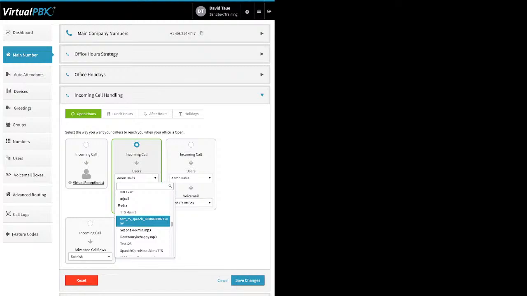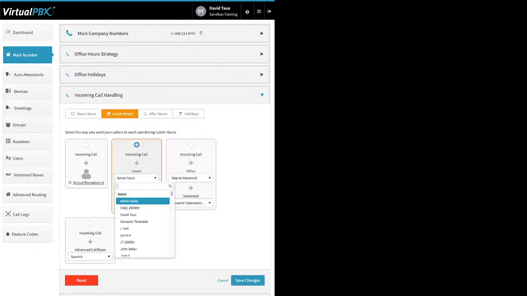Right, you can send it to a media file. I don't recommend this because that can be confusing to your callers because they'll hear a second greeting once they get to the virtual receptionist. Can throw people off. You can send it to a ring group, and then you have your advanced call flows. So say for lunch, for instance,